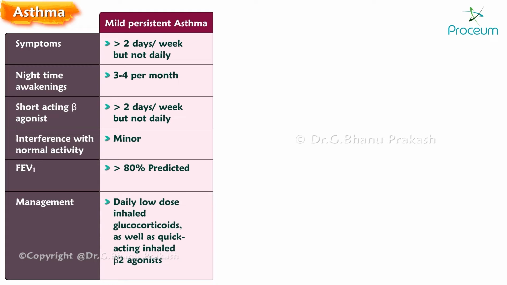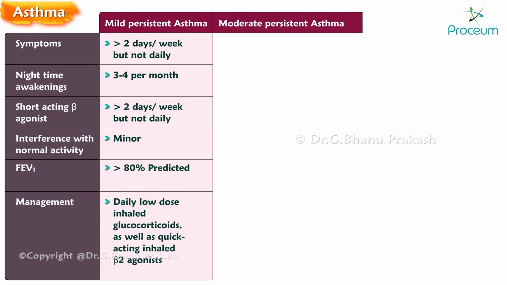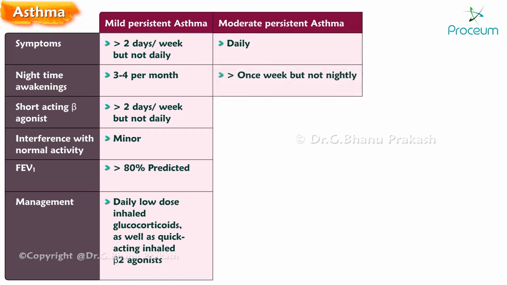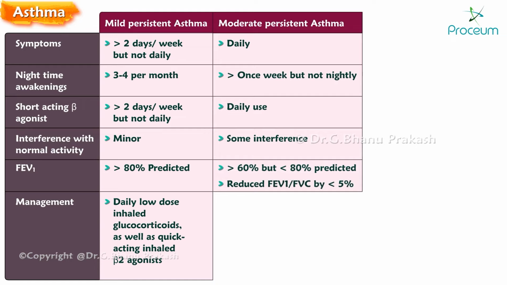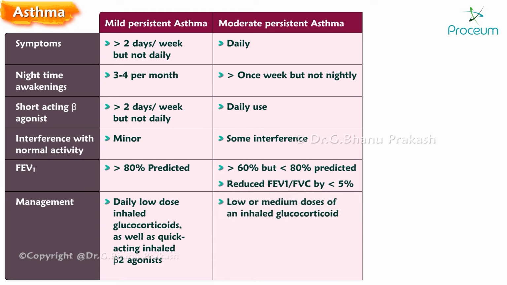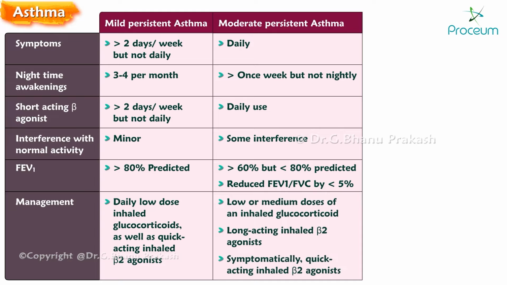for relief of symptoms. Moderate persistent asthma. Moderate persistent asthma is defined as having symptoms daily, nighttime awakenings more than once a week, but not nightly, daily use of a short-acting beta-agonist, some interference with normal activity, FEV1 more than 60% but less than 80% predicted, reduced FEV1/FVC by less than 5%. Moderate persistent asthma is managed with low or medium doses of an inhaled glucocorticoid, long-acting inhaled beta-2 agonist, symptomatically quick-acting